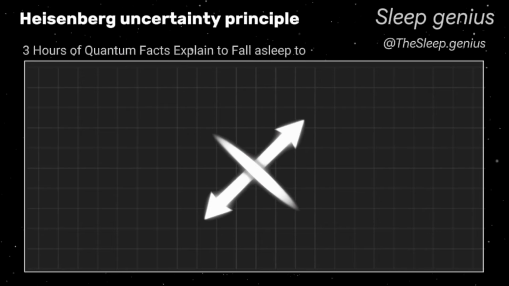Heisenberg uncertainty principle. The Heisenberg uncertainty principle is the cornerstone of quantum mechanics that challenges the classical intuition of the world. It articulates a fundamental limitation on the precision with which certain pairs of physical properties, such as position and momentum, can be known simultaneously. Unlike measurement errors in everyday experience, this limitation is intrinsic to the nature of reality. It is not a matter of flawed instruments or experimental design, but a reflection of the very structure of the